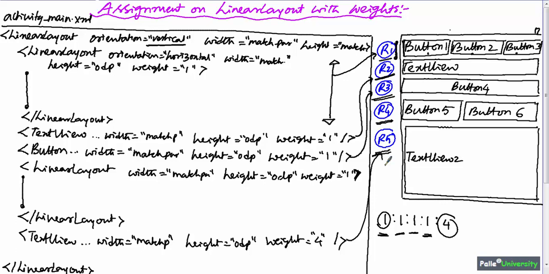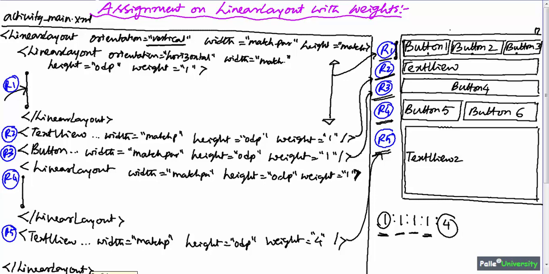Remember, whenever you are given such a complicated screen design, first start designing rows, then start designing columns for each row. In case your row contains multiple elements, take it as one more layout with appropriate weights, then only write code for that appropriate row. Now this represents row 1, this is row 2, row 3, row 4 and row 5. Now let me fill the code for row 1.